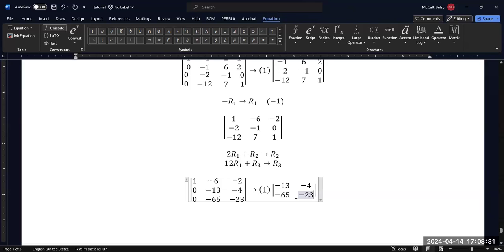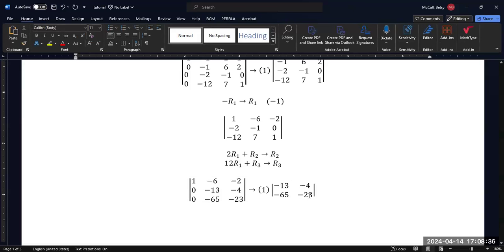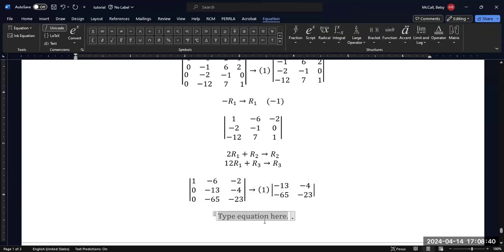Now, to be consistent with the row reducing process, what I should do at this point is continue with one more row reducing step. Again, I'm going to flip my sign, negative 1, row 1, goes back to row 1. And again, that is a minus sign that will put me back into the same value I had to start with. And then I am going to